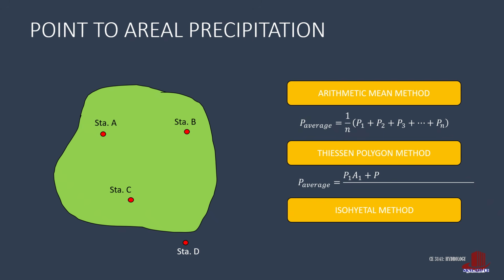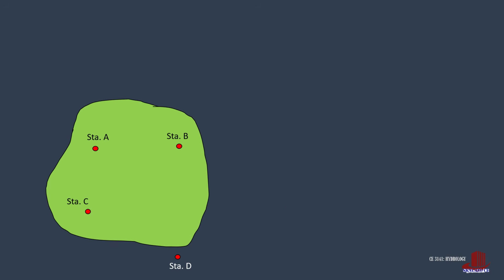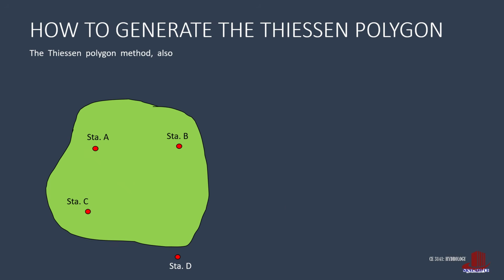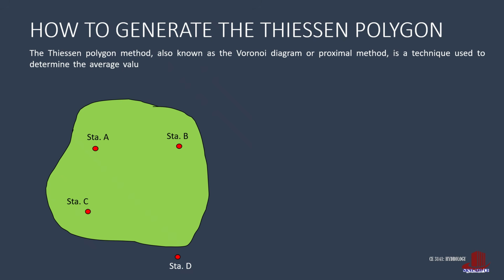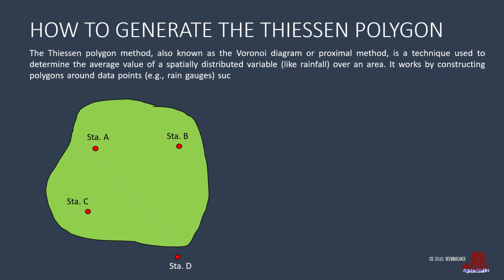Thiessen-Polygon method is a more accurate approach as it also factors in the area surrounding the rain station, so the function includes the area. With a simple function for Thiessen-Polygon method, the precipitation is recorded at site, making it a provided parameter when computing for the average precipitation. The only parameter that needs computing is the area.